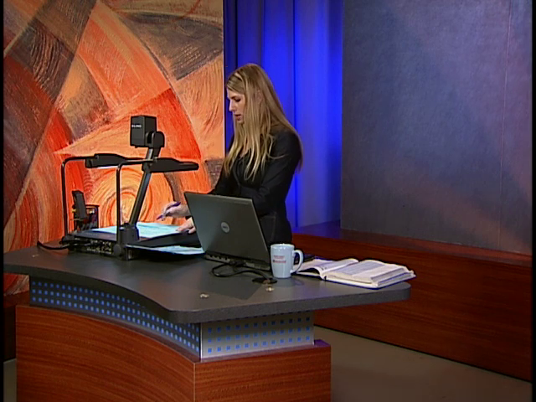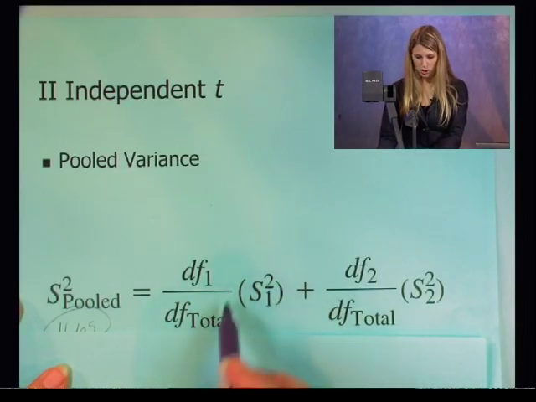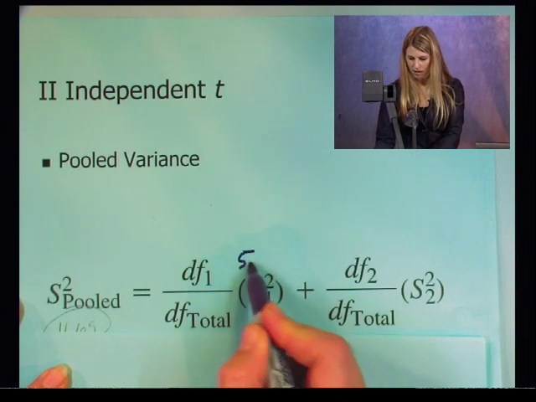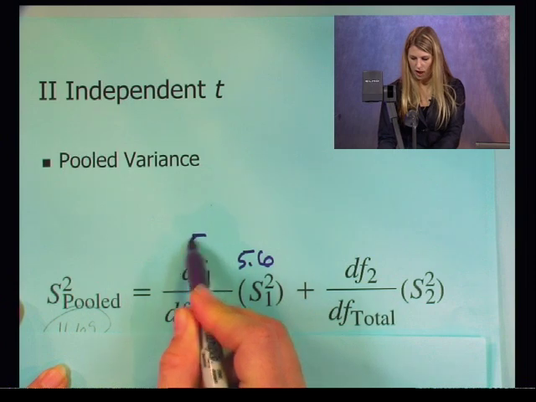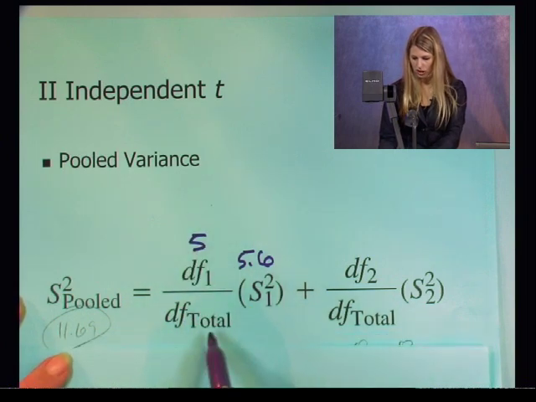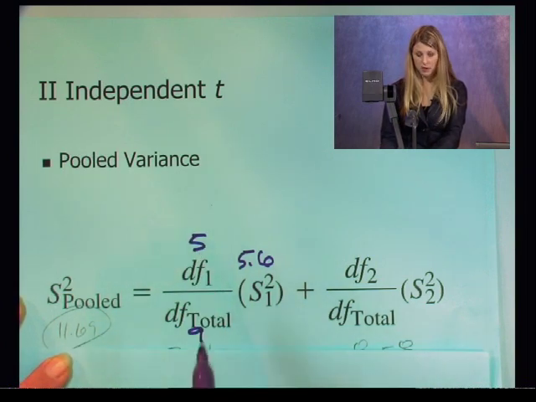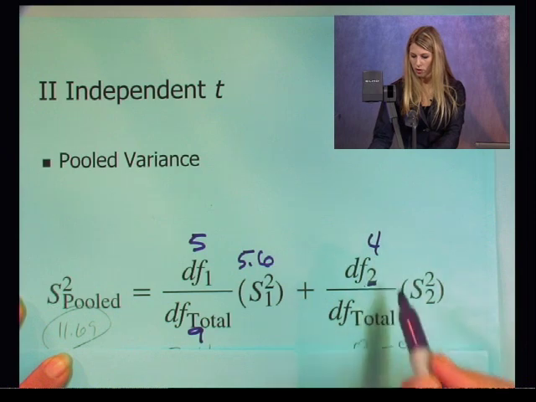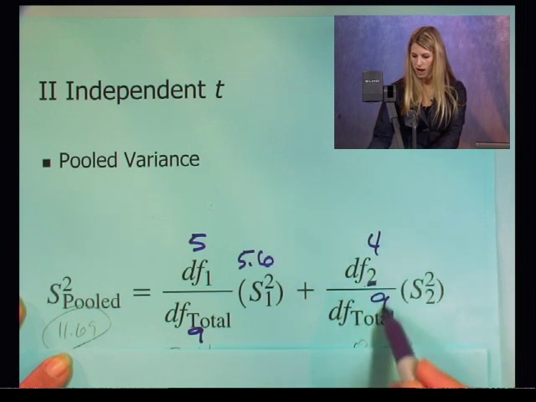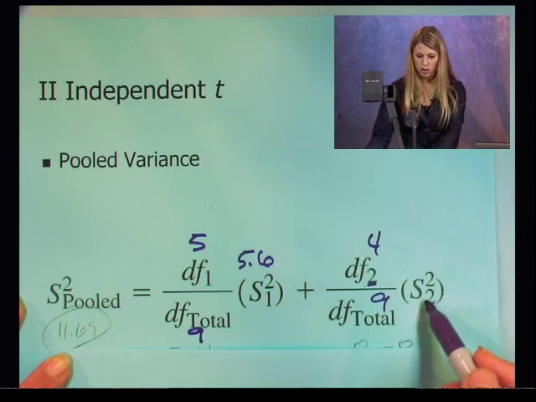All right, so let's see. You should have taken the first variance, plugged in 5.6, and then plugged in the degrees of freedom of 5 divided by the total degrees of freedom. That was 9. So 5 divided by 9, multiplied by 5.6. The second degrees of freedom was 4 for the second group. Total degrees of freedom 9. So 4 divided by 9, multiplied by